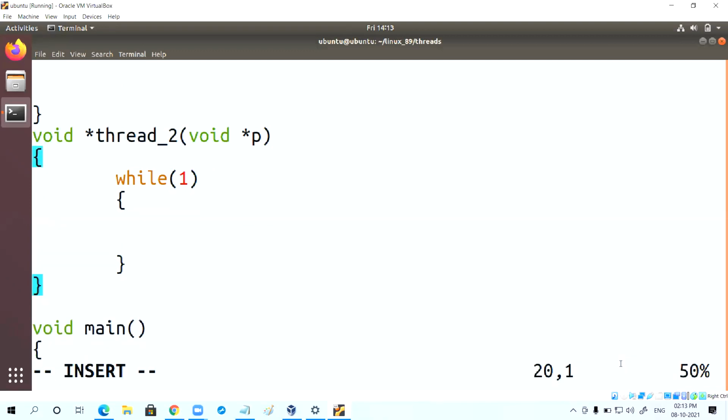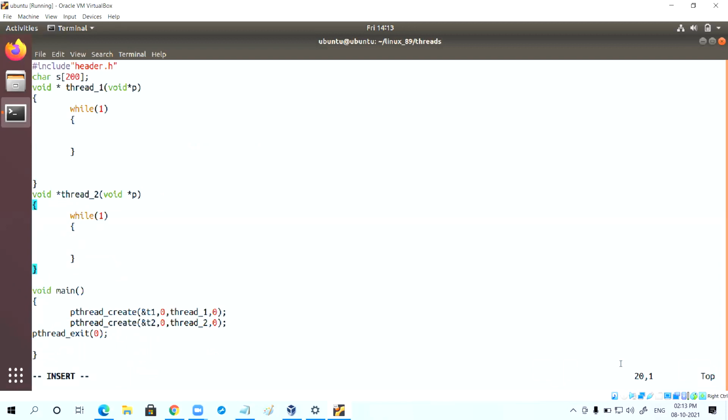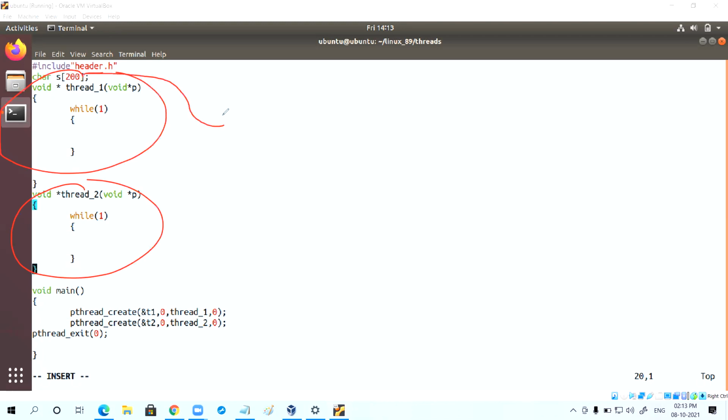Now will you agree these two threads can access this global array at a time? There is no separate copy created. That is shareable data. Two threads can share the data.